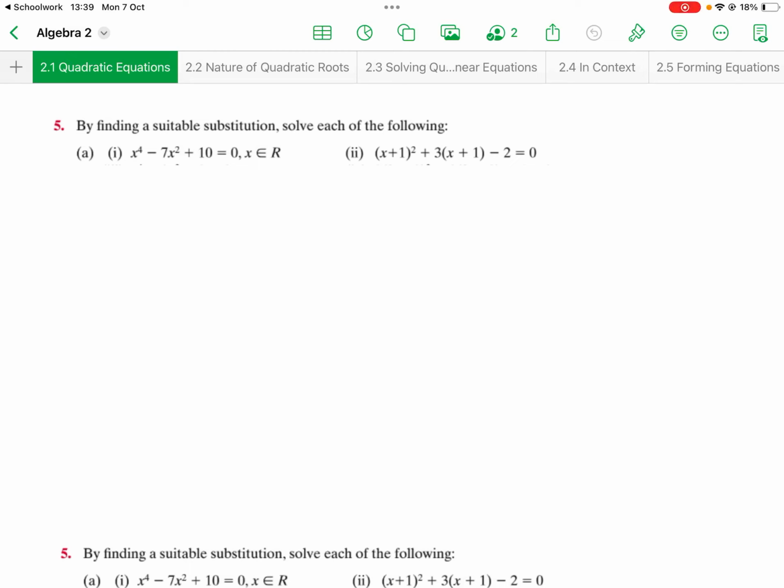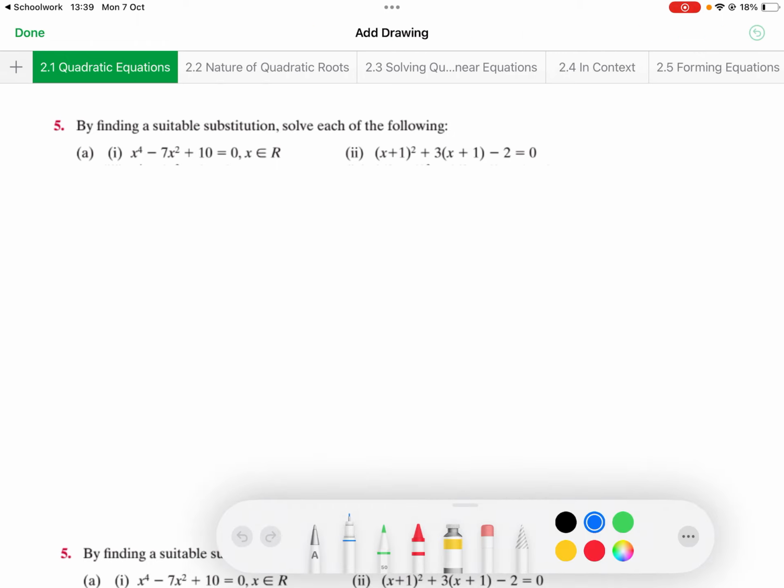Okay, so for question 5, part 1, it says, by finding a suitable substitution, solve each of the following. So if we have a look at part 1, that's very like the examples. So if I just say that I'm going to use t for these, that t is equal to x squared, then to get x to the power of 4, we just square both sides. So that means x to the power of 4 is equal to t squared. So if I rewrite my equation, then it's t squared minus 7, you're swapping the x squared for a t,